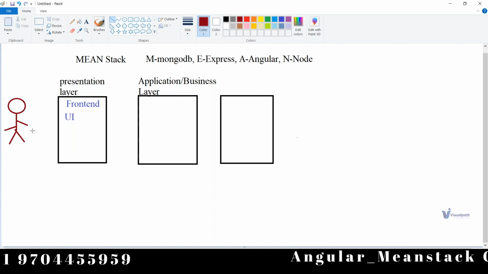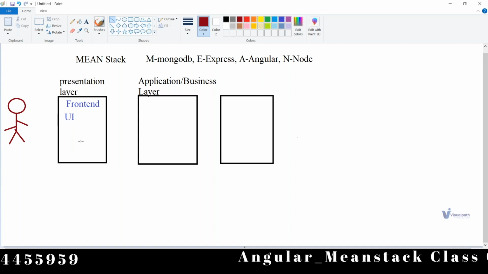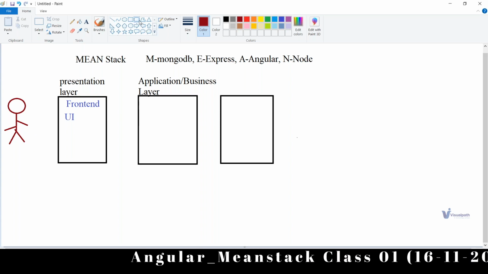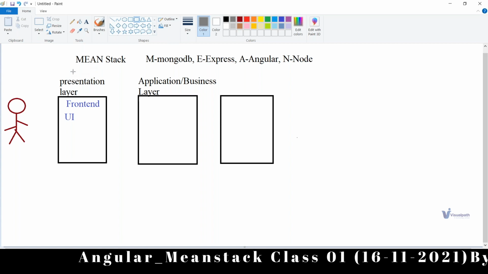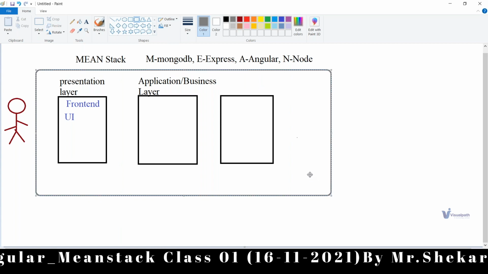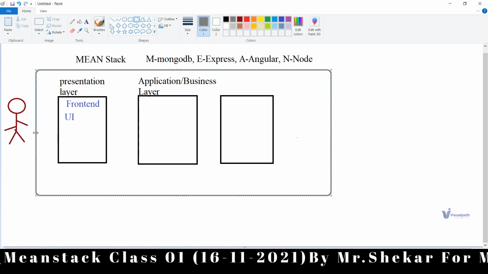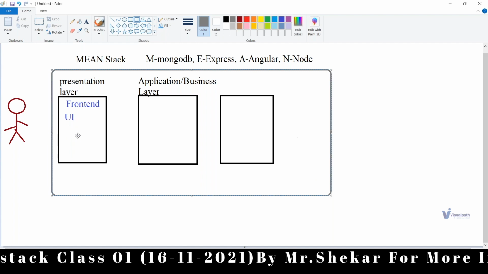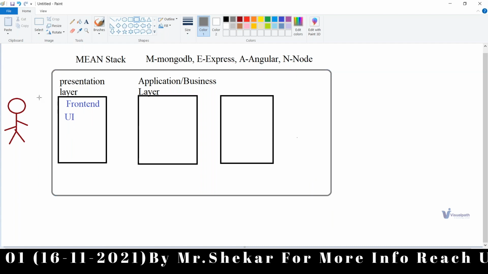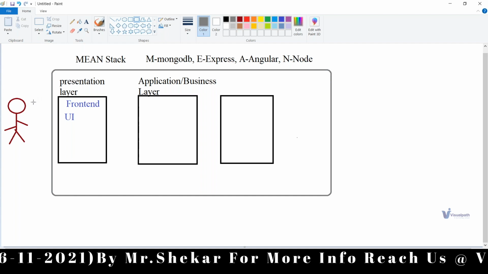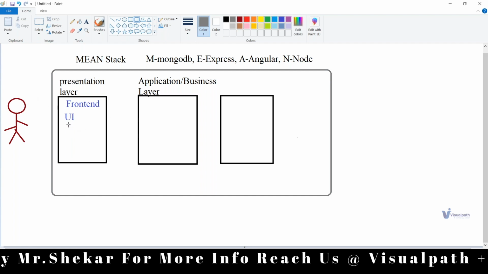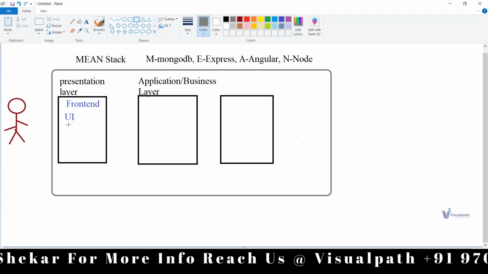But that connection also happens through the front end only, right? So if I take this entire thing as my complete application, that first block is the main entry between the user and your application. It acts as an interface, so we call it the user interface also.